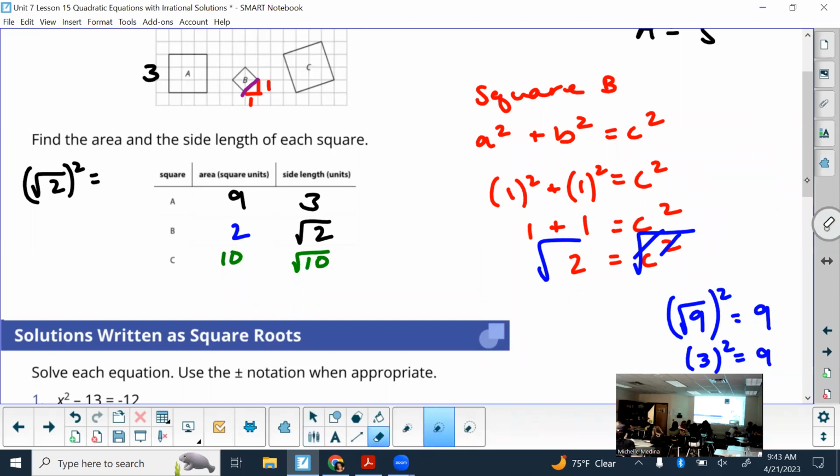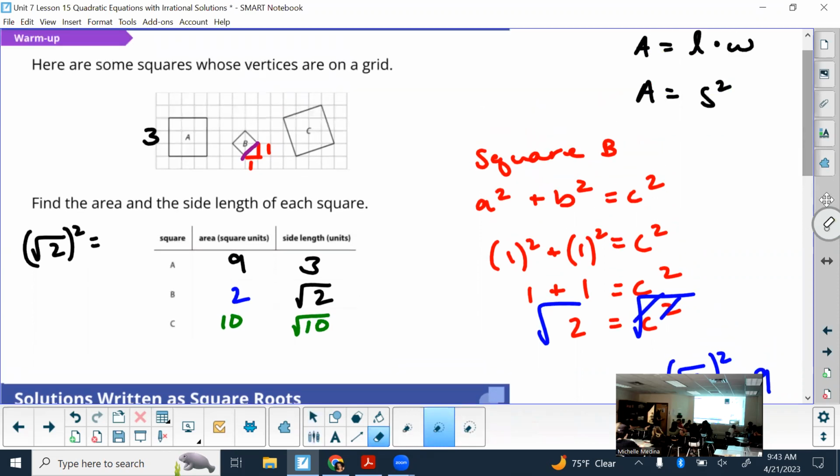All right, but for square C now, again, it's not perfectly aligned like A was, so you have to do some more problem solving. What's my base of my triangle there? 3 units was inside. And the reason I'm doing that is to solve for my hypotenuse using the Pythagorean theorem. So making a right triangle, you can do that.